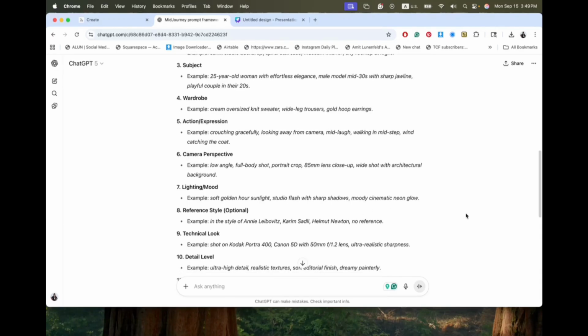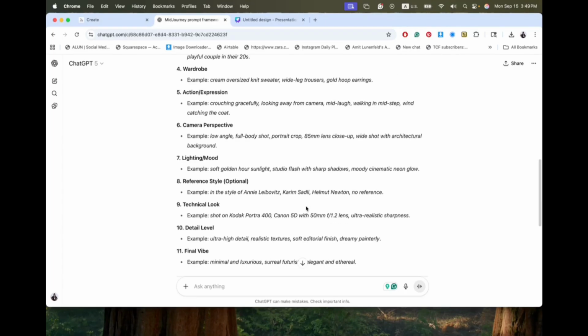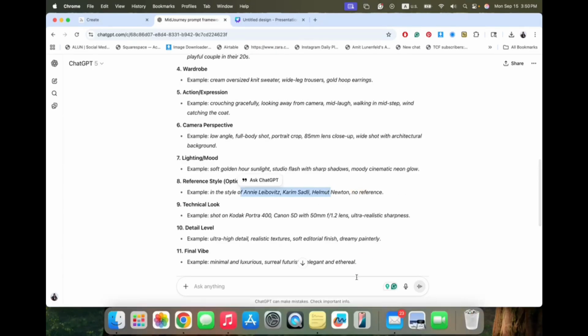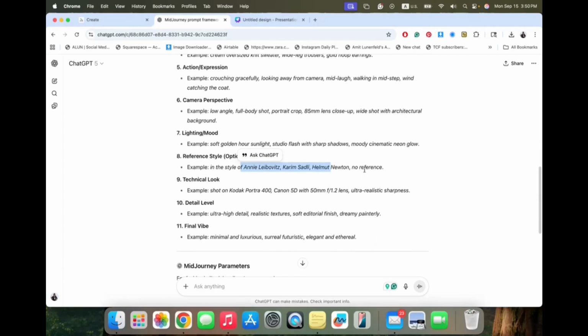Camera perspective, it could be low angle, full body, portrait, and which lens you want it to be. Lighting, mood, soft golden hour sunlight, for example, or studio flash. More, this is optional, you can add a reference style if you have a photographer you like, or any stylist you like, you can add it in the reference.